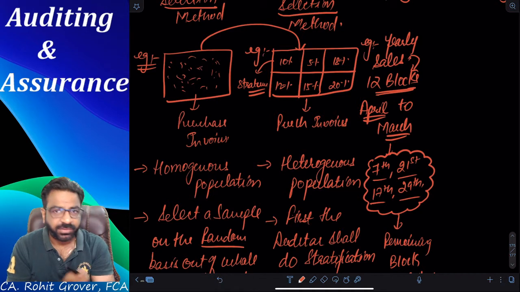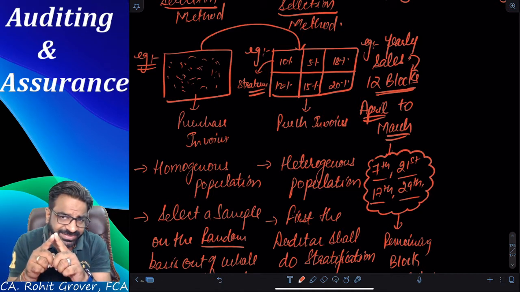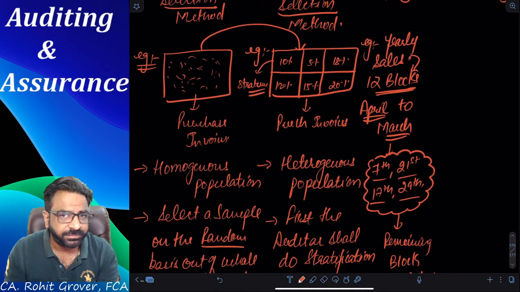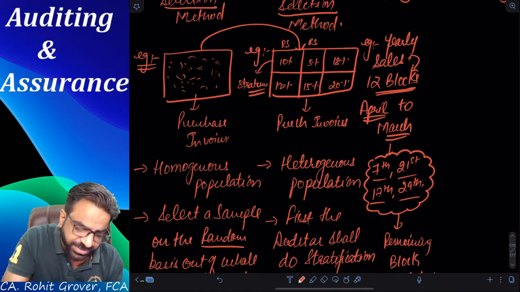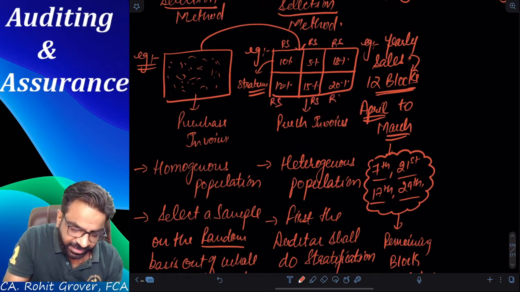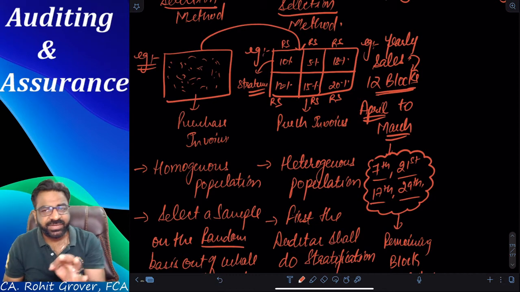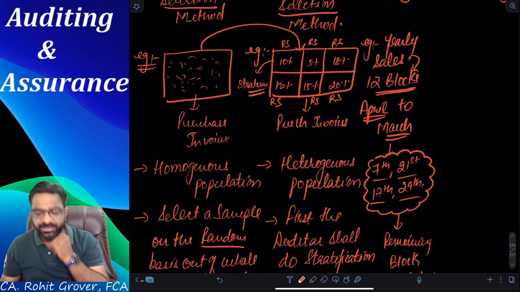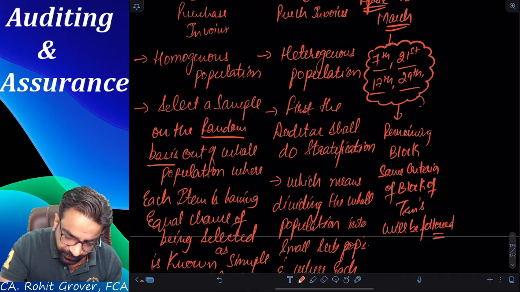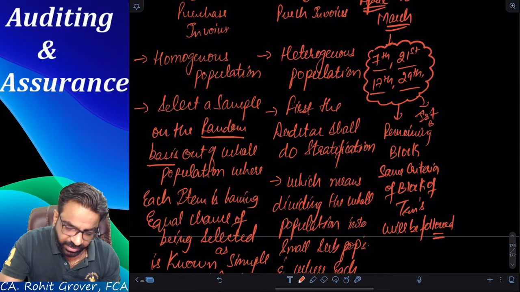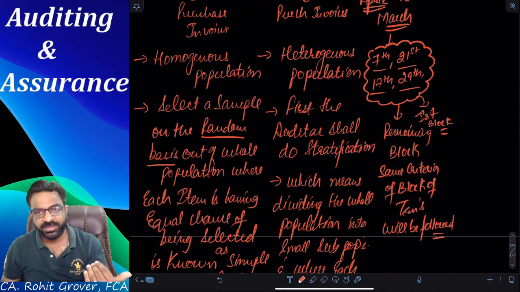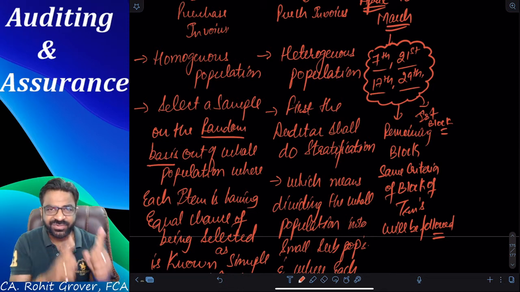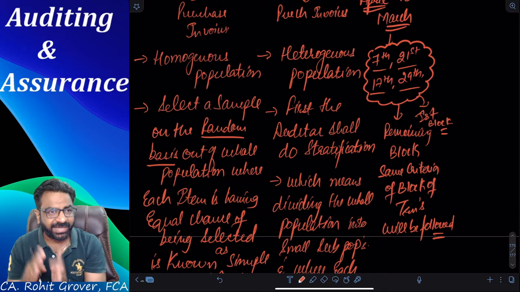First block. Yeah. So what is the major difference between the second method and the third method you found? In the second method, did we do the random selection from each and every stratum or not? Yes, we did the random selection in each and every stratum. Here we did the random selection only on the first block, and the remaining blocks automatically followed the first block. That is the major difference between the stratified random selection method and the block sampling method.